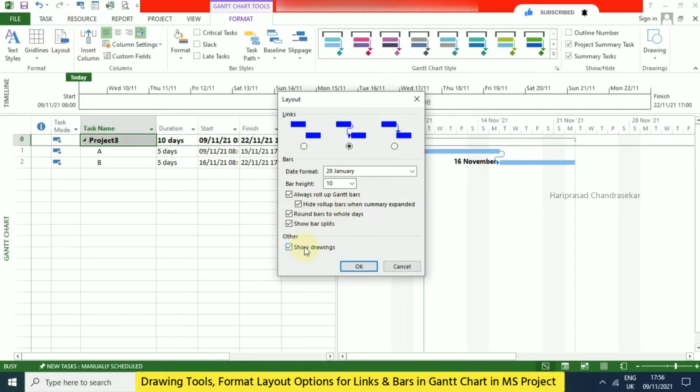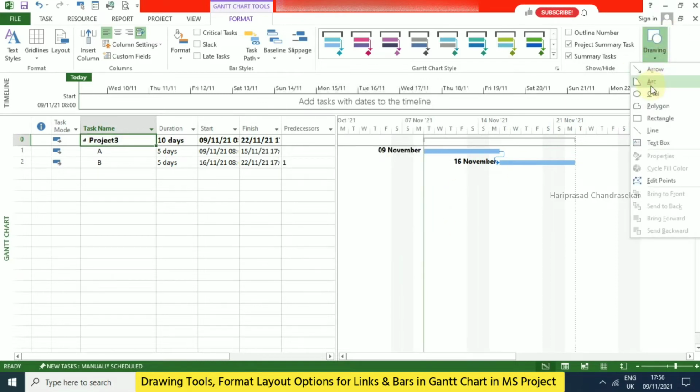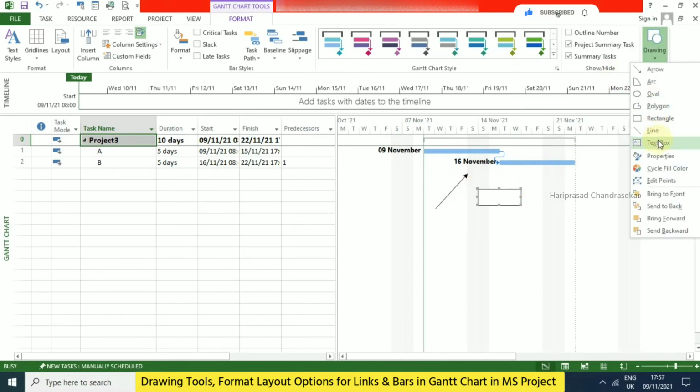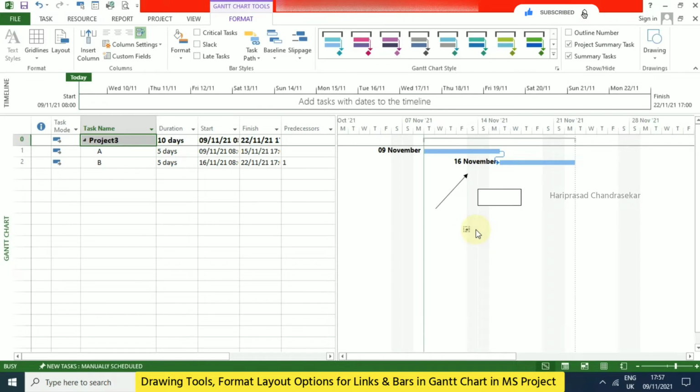Apart from that, we also have Show Drawings. This one is just for presentation purposes, for example some arrows, rectangle boxes, some text. All these things we can do from the drawing.